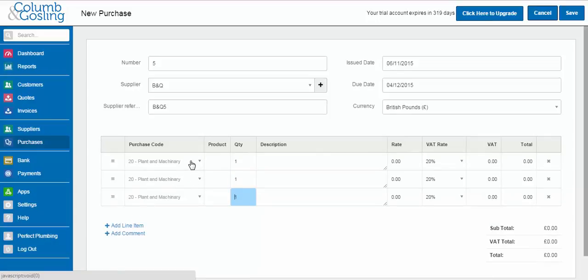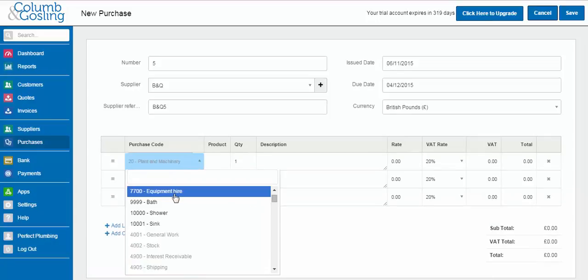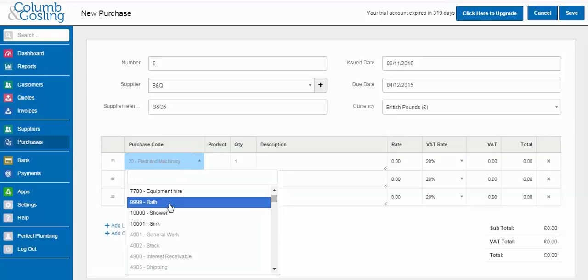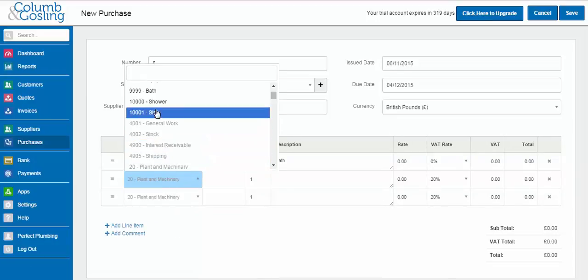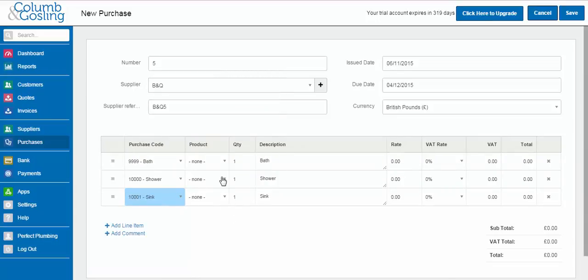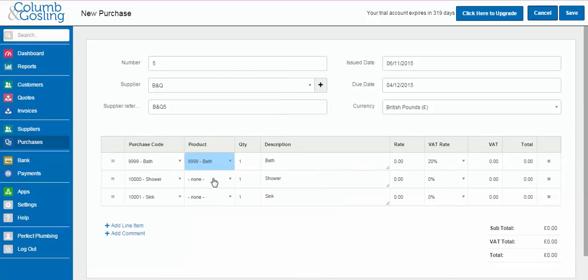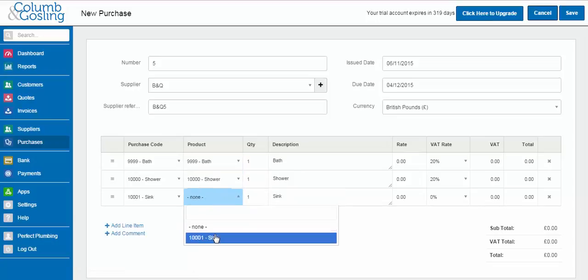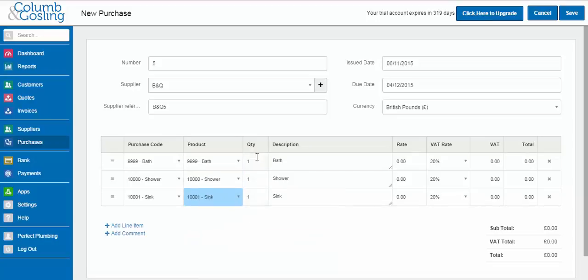So once we go to add line items, if we click on the drop down box, we can see that we've got our baths, and we've got our showers and our sink, and these were the codes that we added in earlier, and we can just choose the products from the list here to make sure that they all link together. How many that we're going to be buying, so we can just put the quantity, so I'm just going to say 10 of each on here,